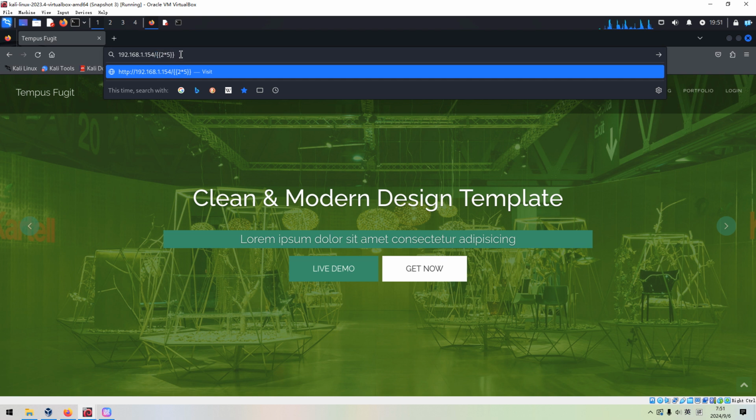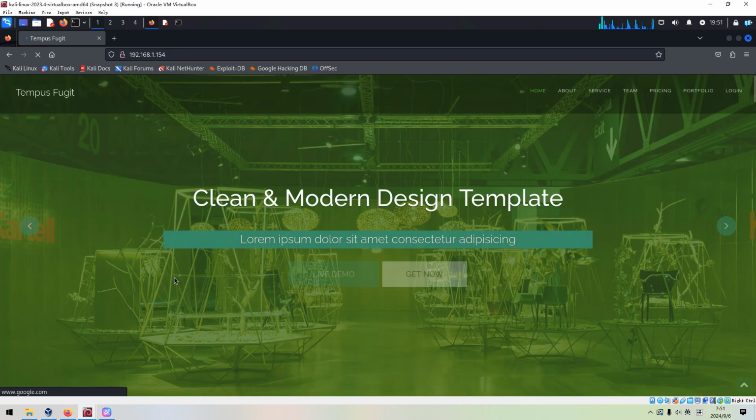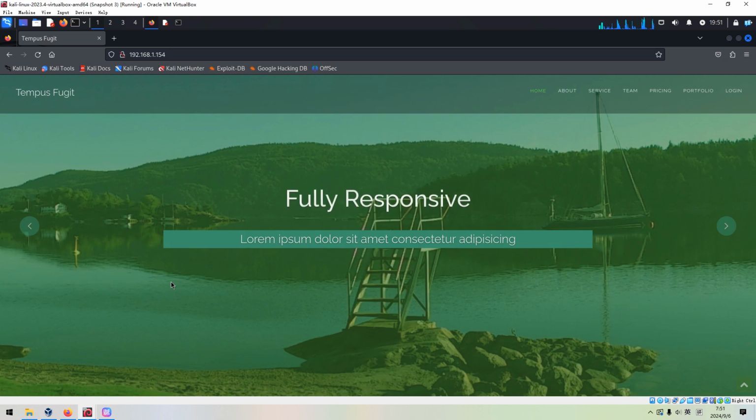Okay, let me show you. We can press enter. As you can see, this time 10 is returned from the web application. It means that indeed this web application is vulnerable to SSTI, or server-side template injection vulnerability.